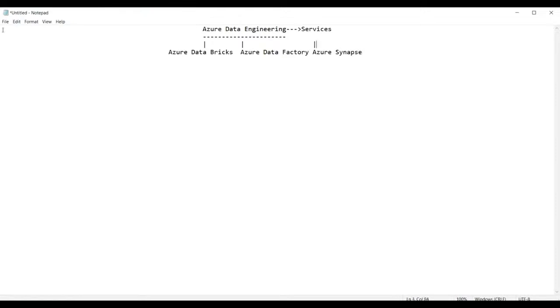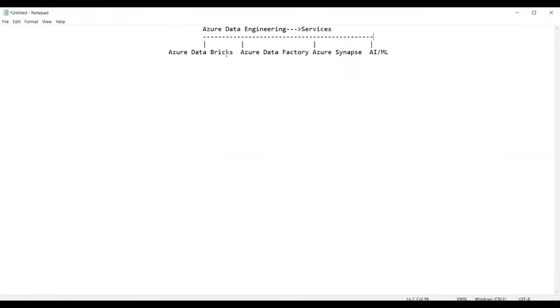Many services are there, but I'm listing a few of them. We also have Azure Artificial Intelligence, AI, or else we can refer to it as ML, that is machine learning. So these are all the services packed into Azure Data Engineering, that means all end-to-end solutions for the data. Data engineering means end-to-end solutions for the data.